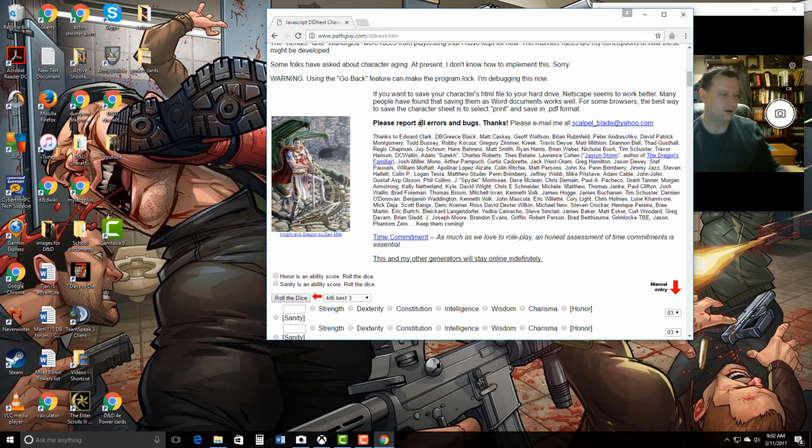Oh, this one, PathGuide JavaScript, probably has the most stuff. So if your character is kind of on the freakish side and it's got a bunch of weird stuff going on, maybe you're pulling from like 4 source books or something like that, this thing is pretty well updated. However,